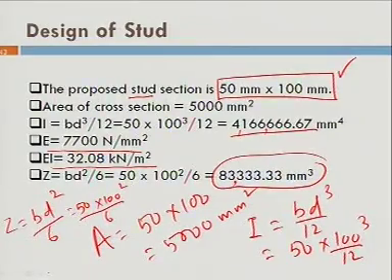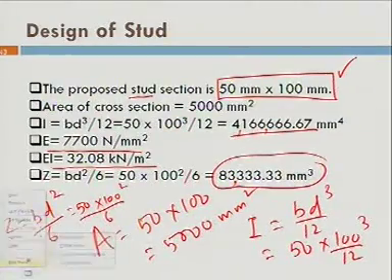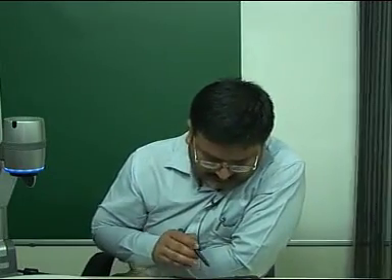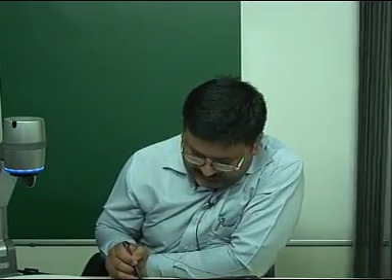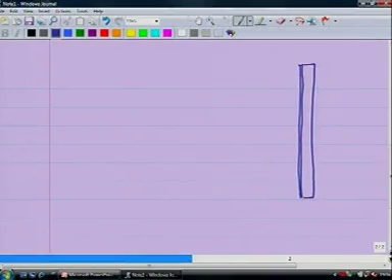If I have to draw it in cross section, I will show you how it looks like. In plan you already know, in section it would be something like this. This is your plywood. These are your studs.